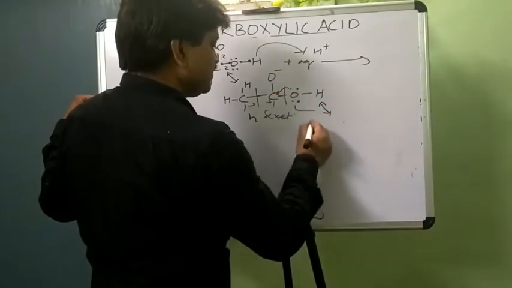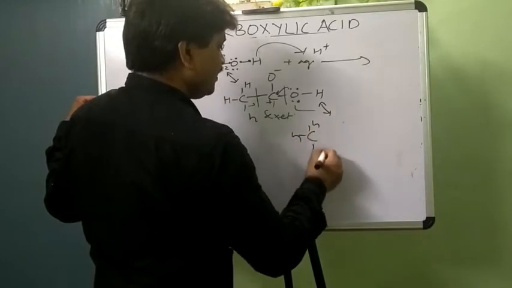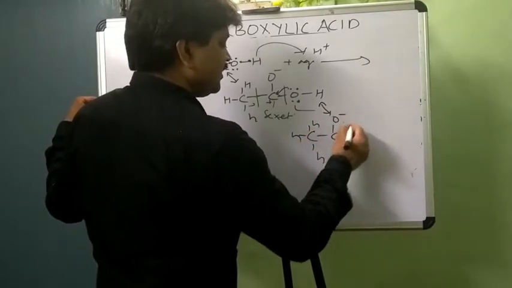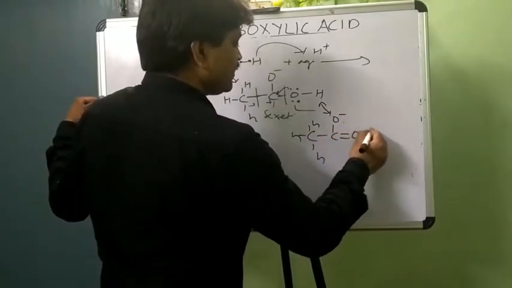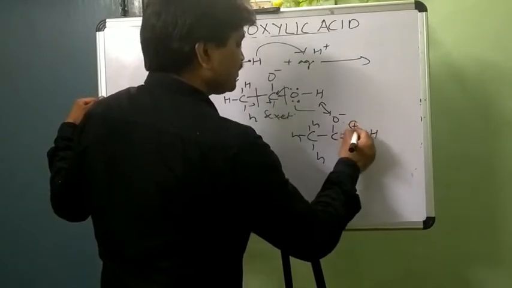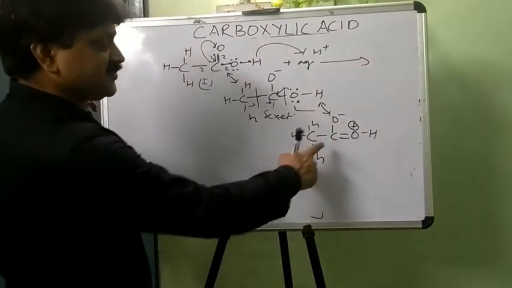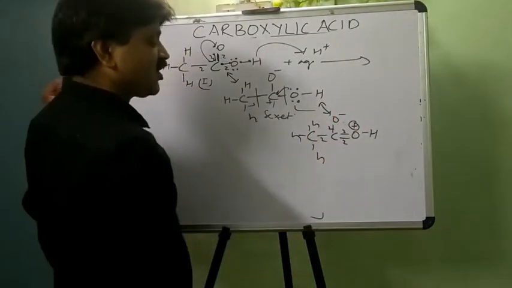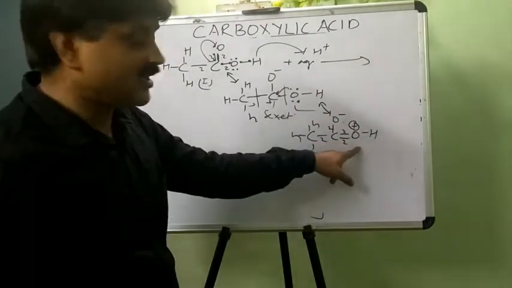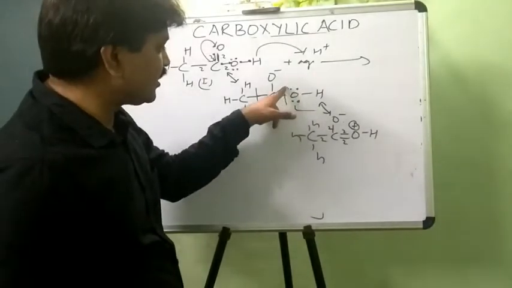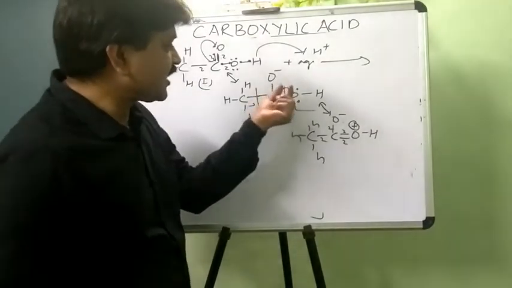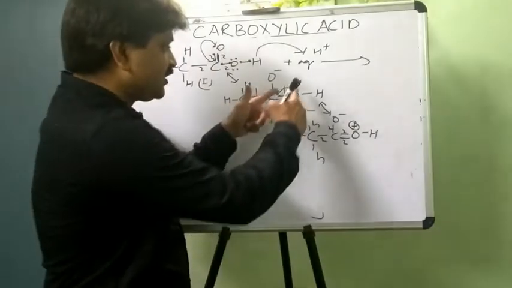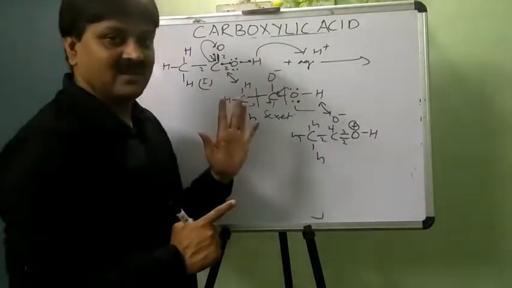Here, this is CH3, this is CO minus, and double bond OH. Now oxygen becomes positively charged, and carbon achieves its stable state here. 2, 4, 6, 8. But oxygen possesses a positive charge. Why? Because it shared 2 electrons toward the carbon atom, so its electron density decreases due to sharing of these 2 electrons to this side.